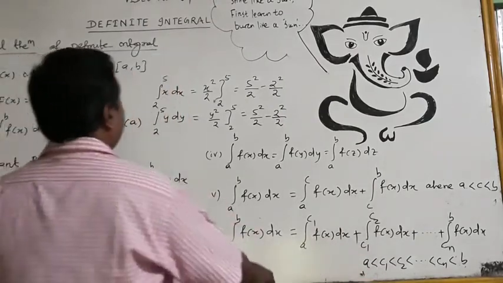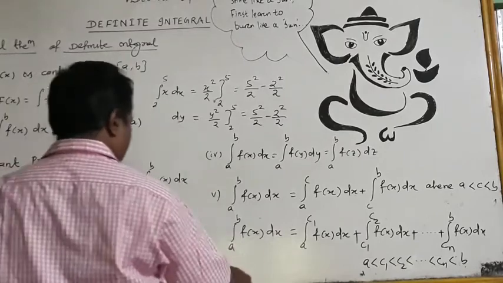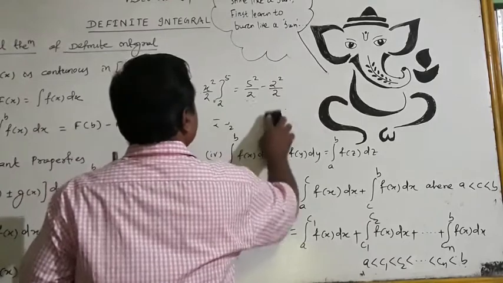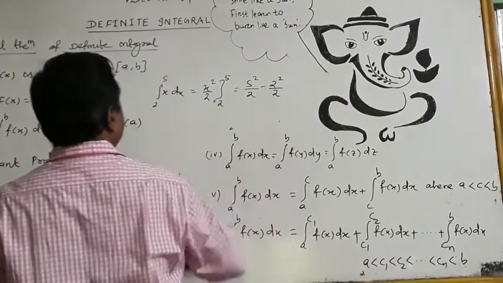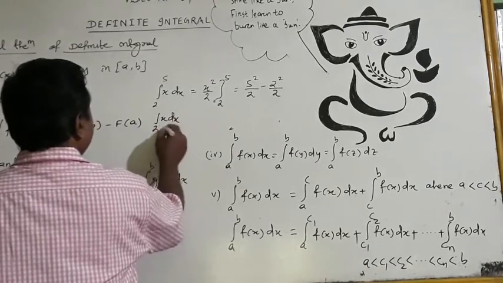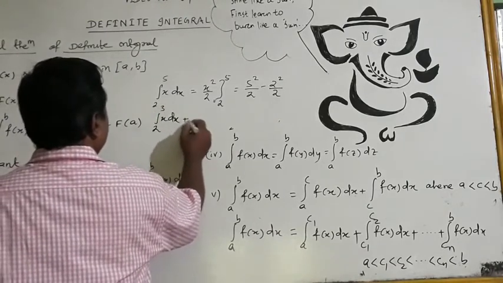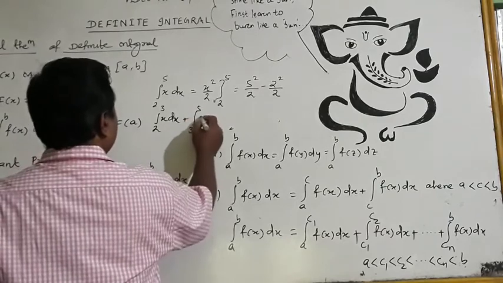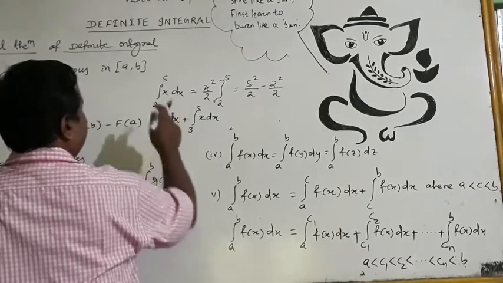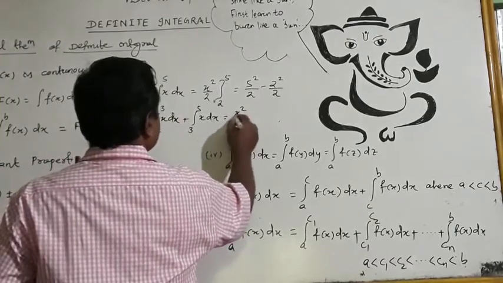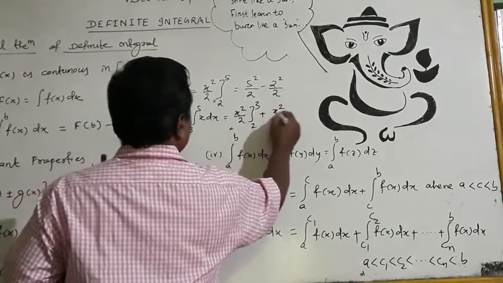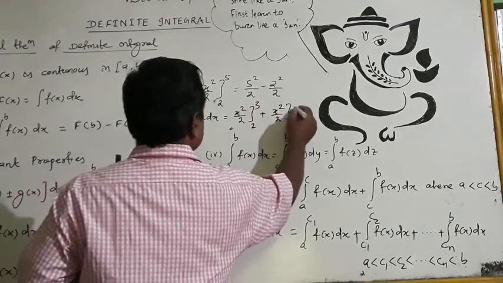Look at here, I will give you one example. Suppose the integration of f(x) dx from 2 to 5. I will tell you what the integration of x dx is if we take 2 to 3 plus 3 to 5. Then look at here, this 3 is in between 2 and 5. That is one point. Its integration is x square by 2 from 2 to 3 plus x square by 2 integration from 3 to 5.